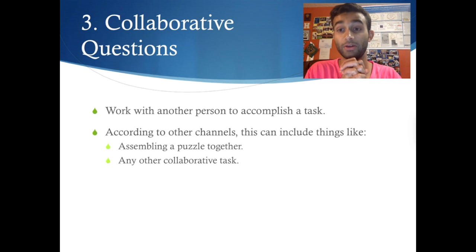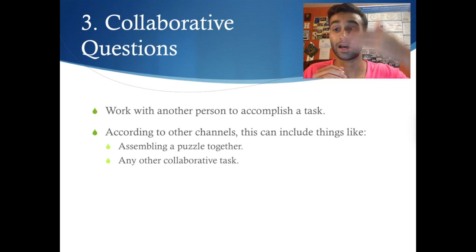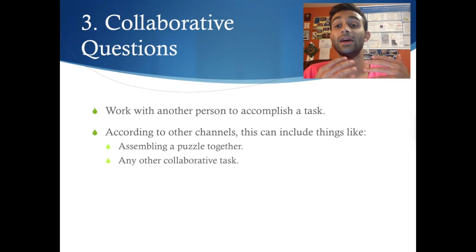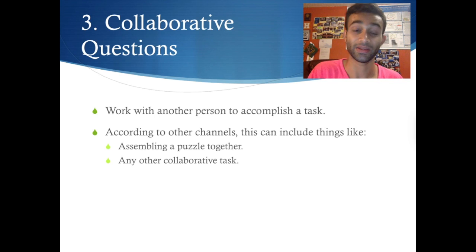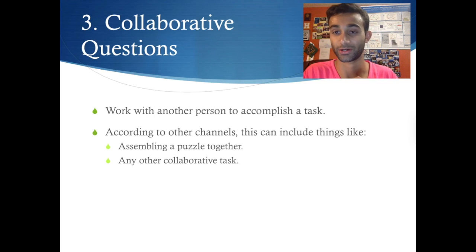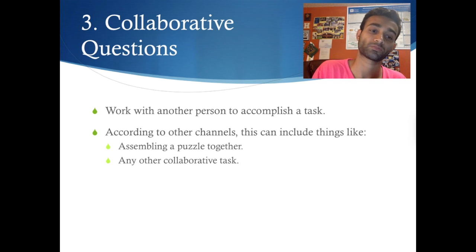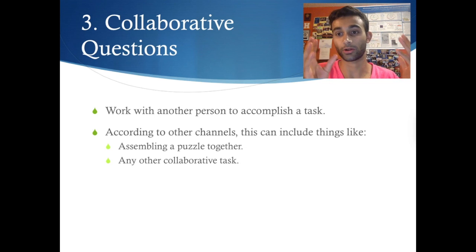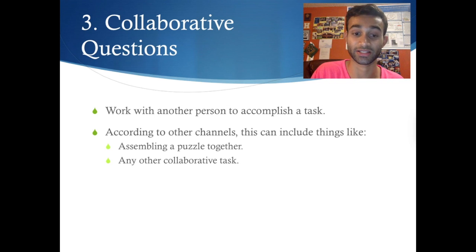Some other examples I've known: you might have the instructions on how to make a piece of origami in front of you, and you have to relay those instructions to your partner and see if you can communicate how to make this origami structure effectively. Your partner doesn't have the instructions, so you have to figure out how you're going to communicate it effectively. But yeah, those are the types of collaborative questions, and it can be really difficult to answer these, so you need to practice. For almost all 3 of these question types, you need some aspect of practice.